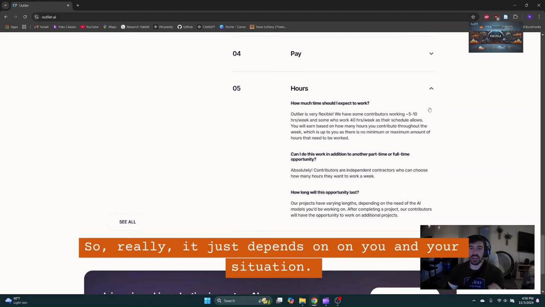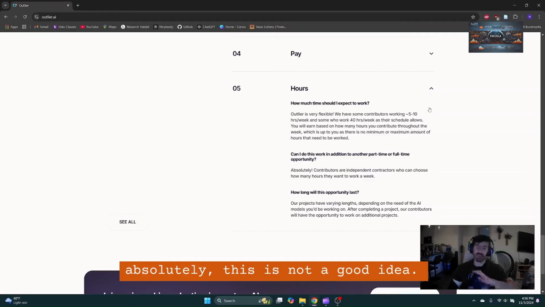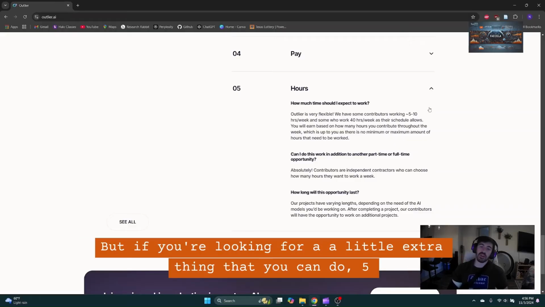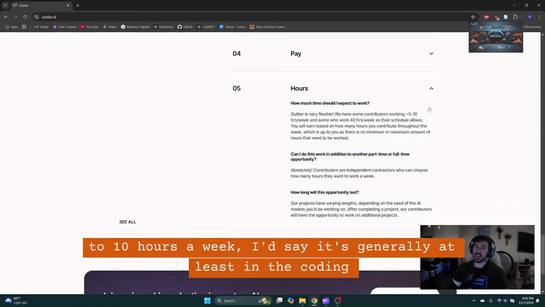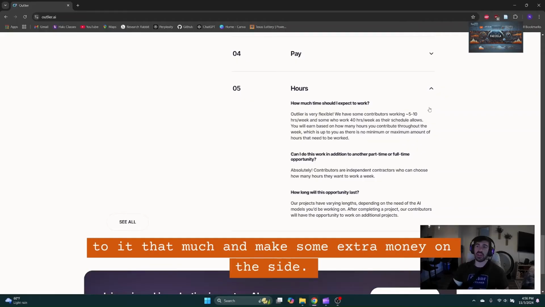So really it just depends on you and your situation. If you're looking at this to be a full-time job, absolutely this is not a good idea. You're not going to get a consistent 40 hours of work a week. But if you're looking for a little extra thing that you can do 5 to 10 hours a week, generally, at least in the coding sector, it gives me enough work that I can contribute that much and make some extra money on the side.